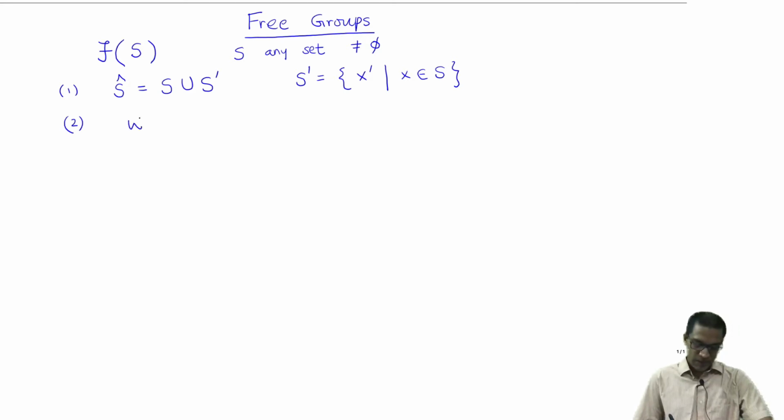Then our starting point was the monoid, which is the set of all words using the alphabet S hat, both letters and their primes. We know that this is not quite a group, but it has a very useful operation, that of concatenation. The same definition applies as before, and concatenation is an associative operation and it has an identity element, which in this case, as before, is just the empty word.